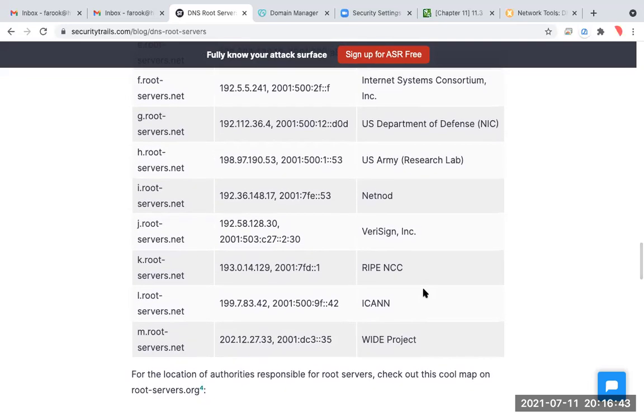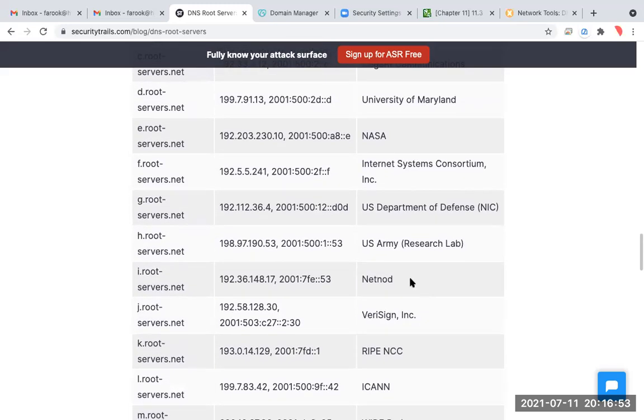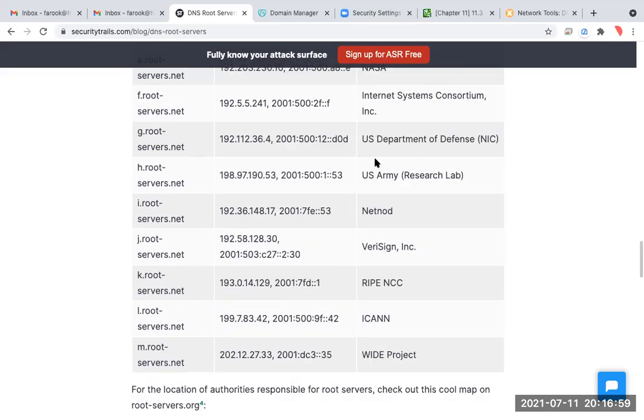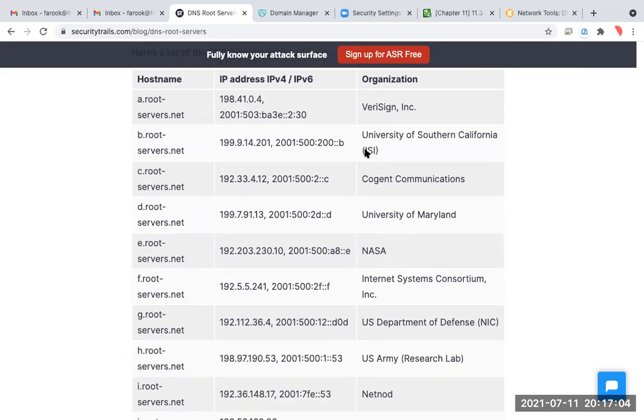If some company like GoDaddy goes bankrupt, the entire internet would be down. So to stop that, it's under the US Army, US Department of Defense, NASA and all. The internet will be there. So don't worry, unless some tsunami hits the entire America.